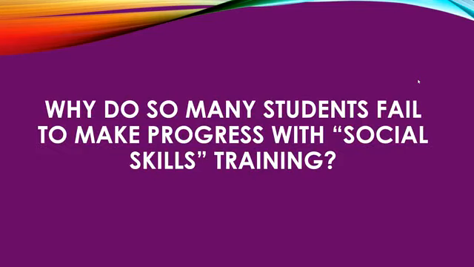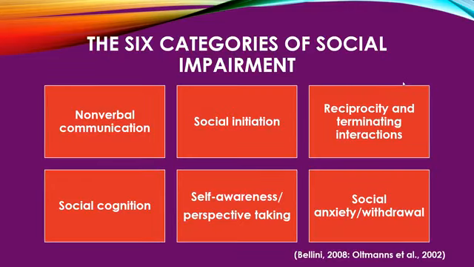So again, why do so many students fail to make progress with social skills training? A lot of times it's not addressing the right skills, or it's maybe only addressing a tiny, tiny piece of the skill that the student needs. So the way that you actually start forming that roadmap, before you can even write goals and pick strategies, is you've got to figure out what the different areas are that I can use to figure out what skills the student needs to work on. And so we want to look at it from the perspective of these broad categories.